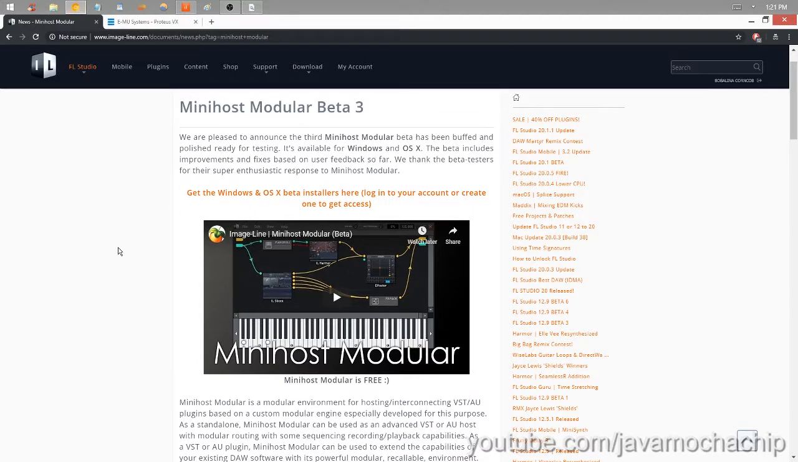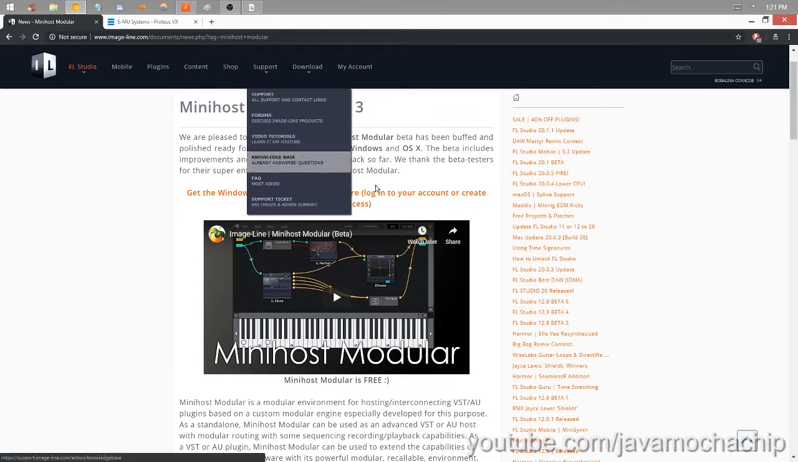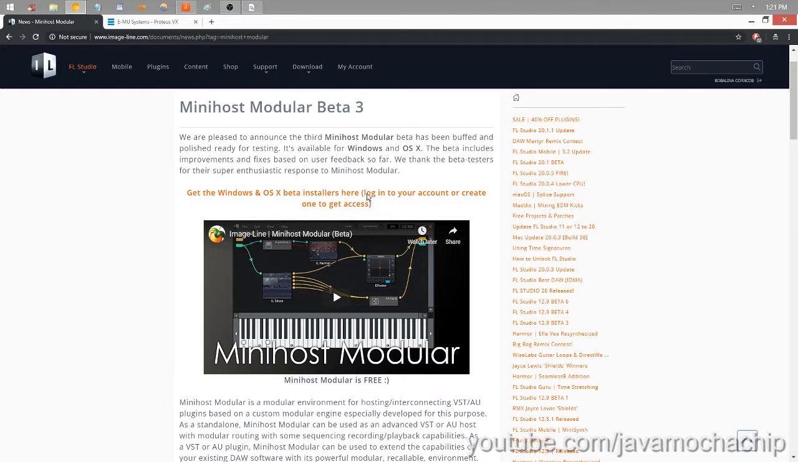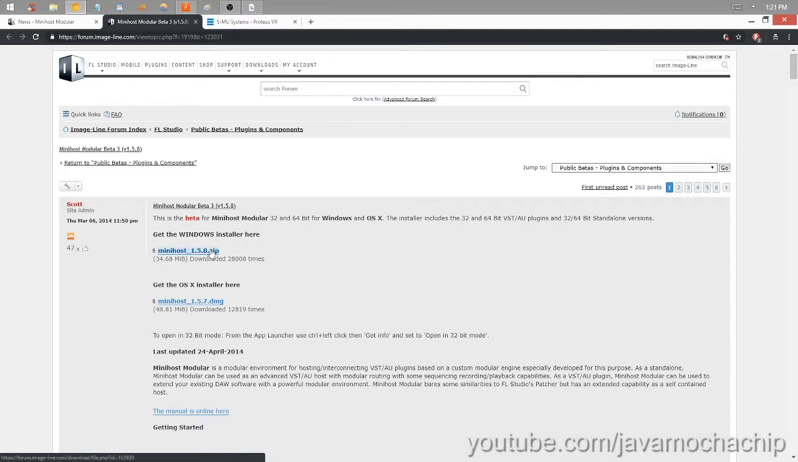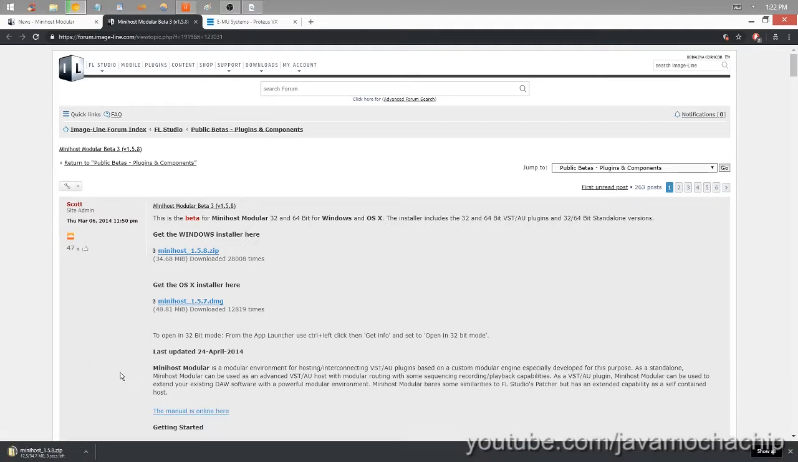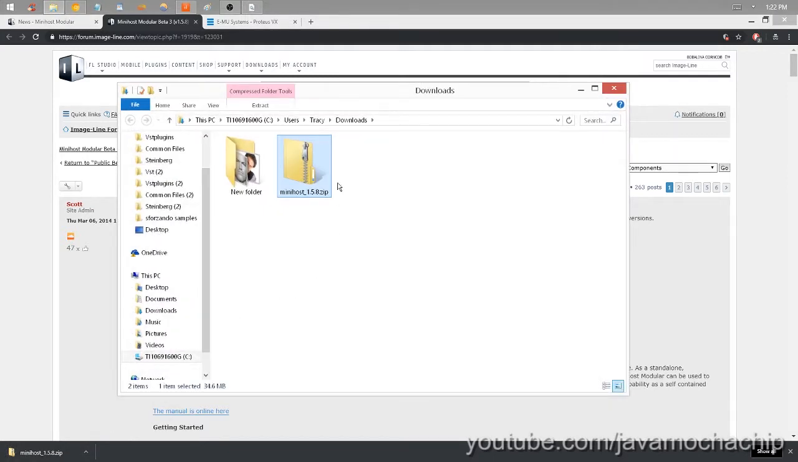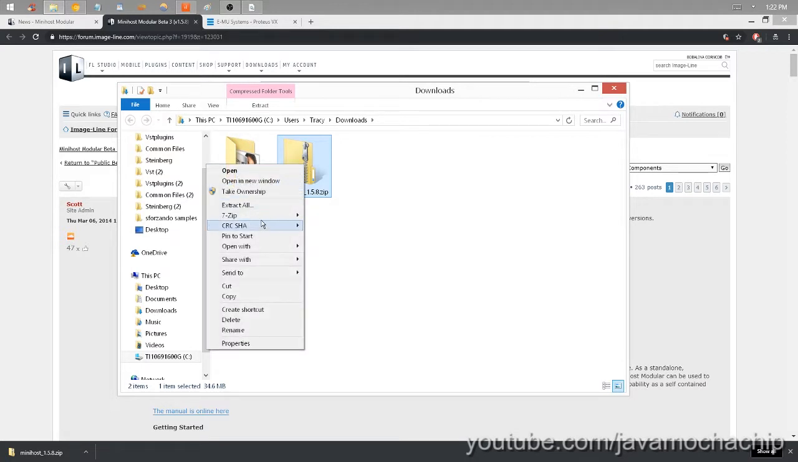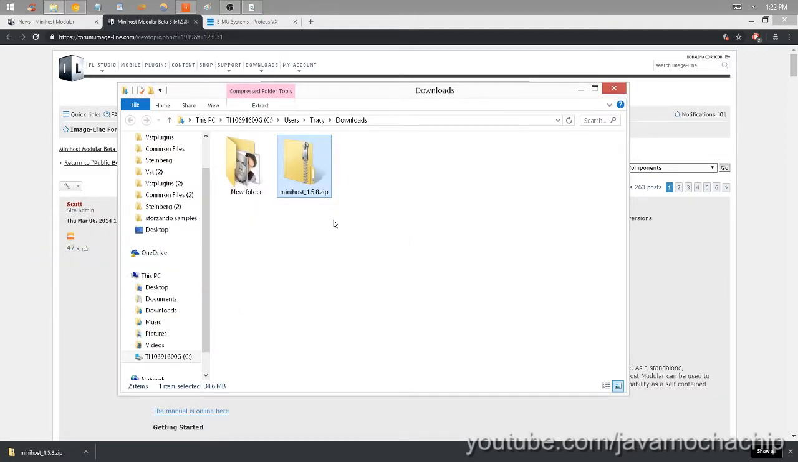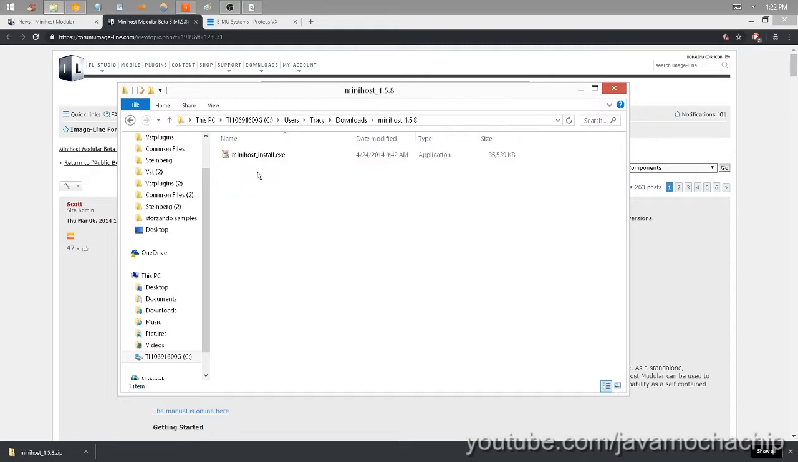So the first thing you need to do is go to this link, click on the text right here, download this file, open your downloads location, extract the file, click on the installer,